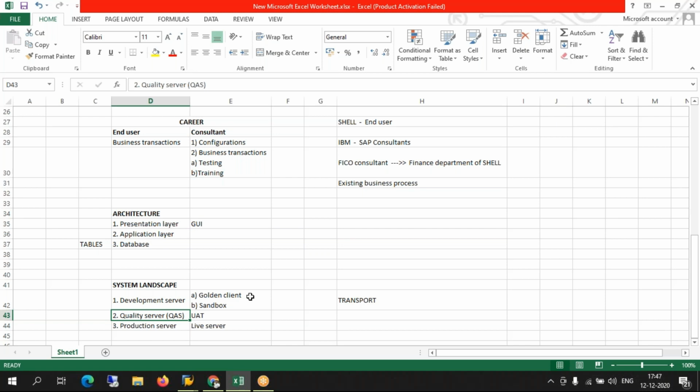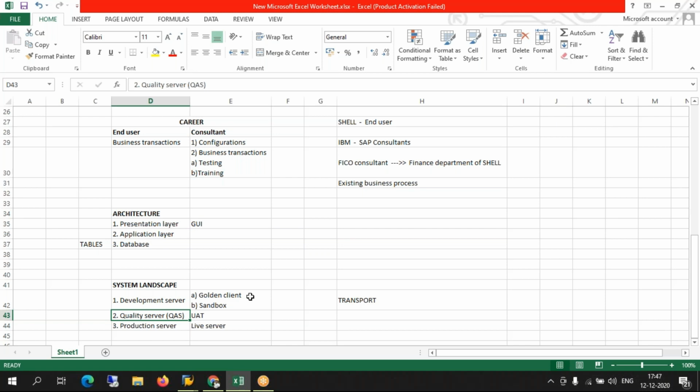Excuse me, does it mean that every project you do will always have a golden client and sandbox? Yes. Every organization which runs on SAP will have development, quality, and production.